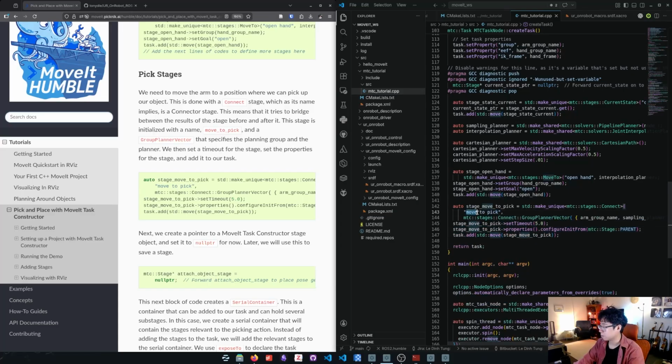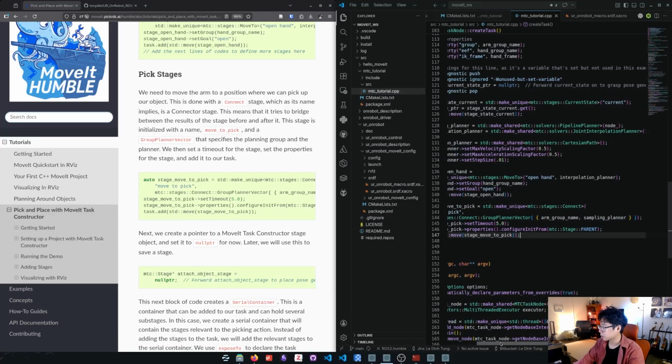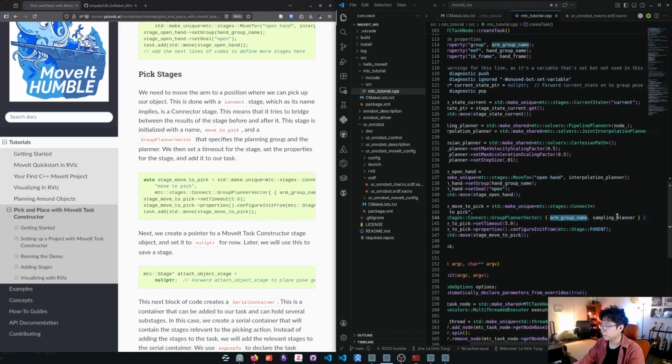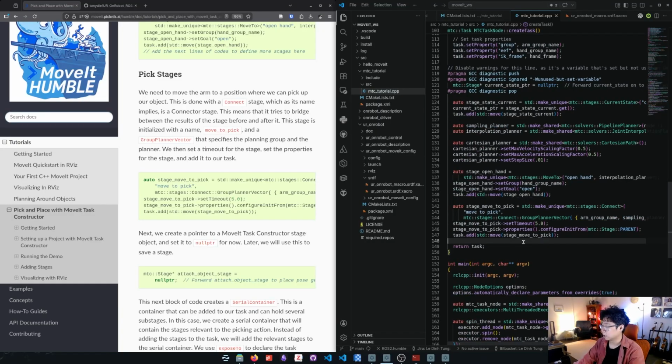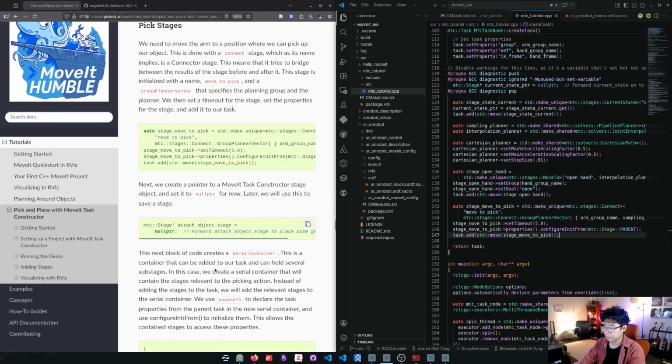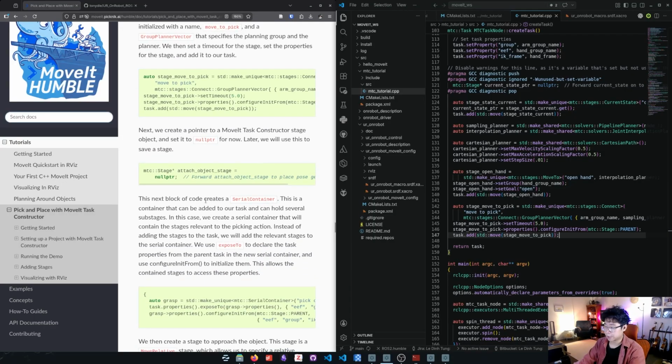Right. So this is just called move to pick. This will use our arm group and the sampling planner, before attempting to pick it up, setting it into position to be ready for that. Okay, so just following through here, we're going to create this pointer,